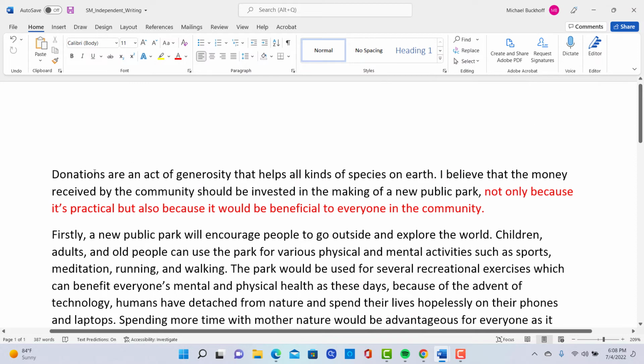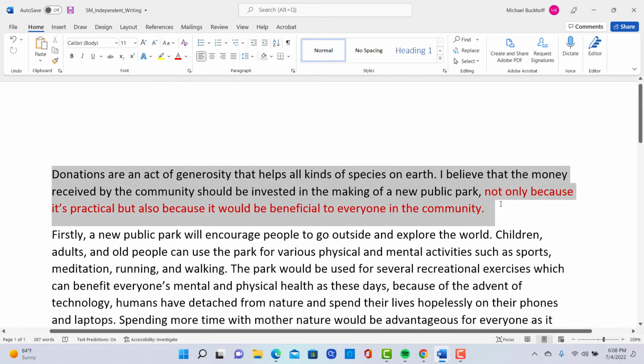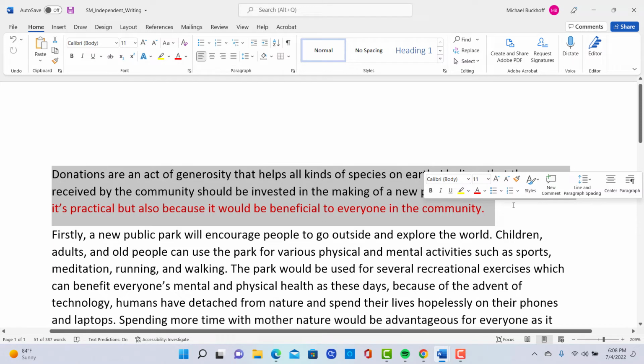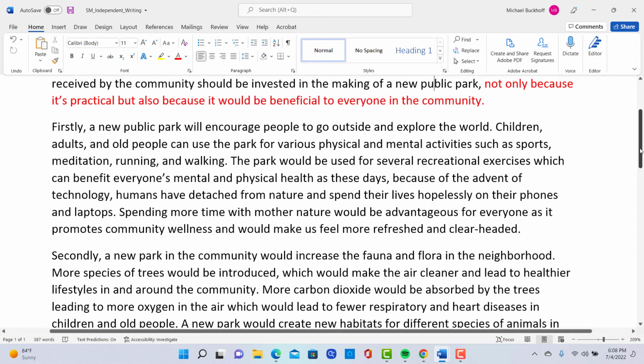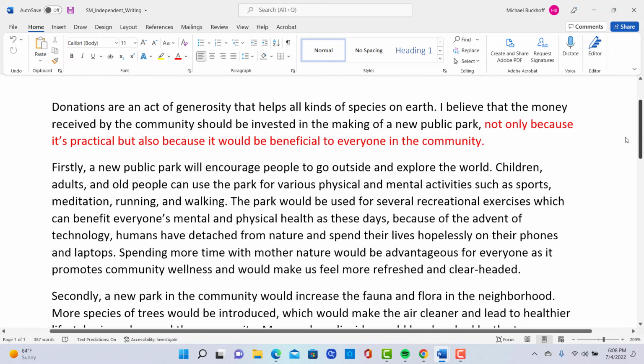So I think it's a good piece of writing. I'm not going to give you 30 on it. I think you need to expand the introduction to about 100 words, and you need a more specific thesis that integrates the key points of the two body paragraphs. I think that would help.